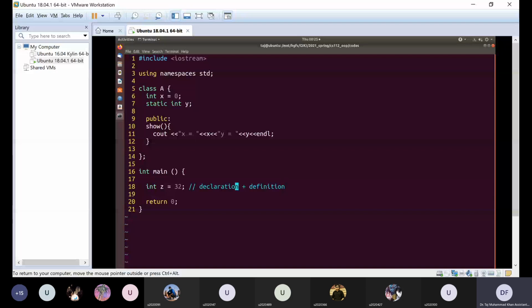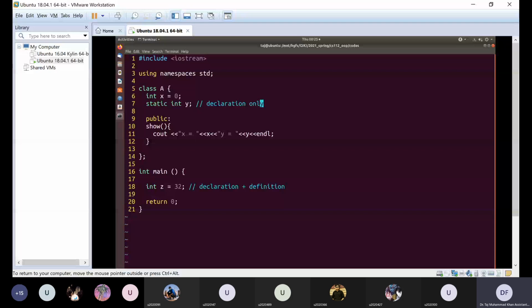In case of this static member variable, here this is a declaration. If you want to use it, in the case of static variables, we define them.